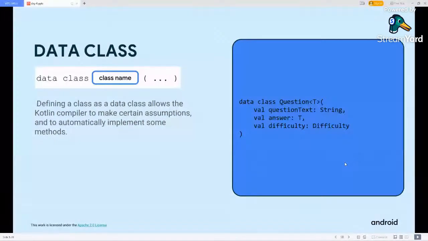Okay, so our next concept is data class. For declaring a data class, we use the keyword data, then the class name. What a data class does is that it